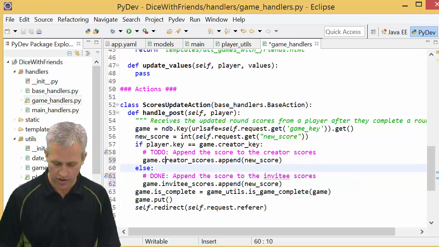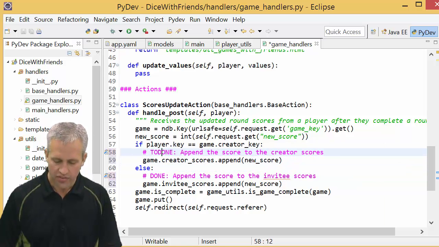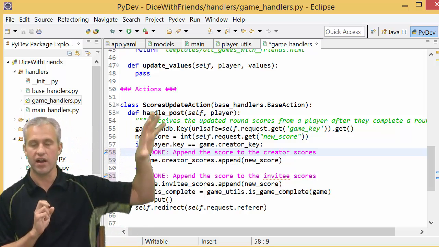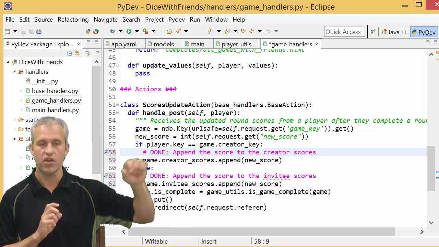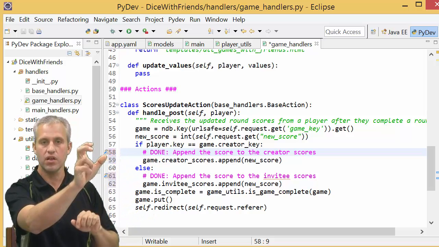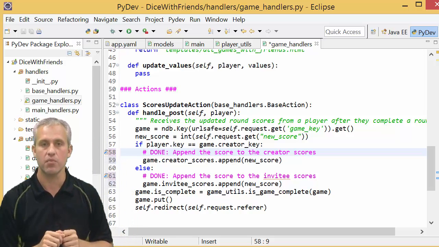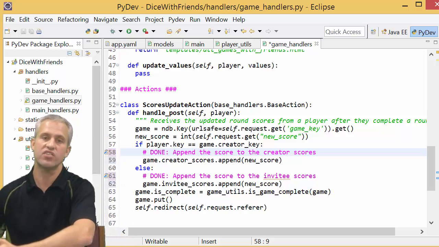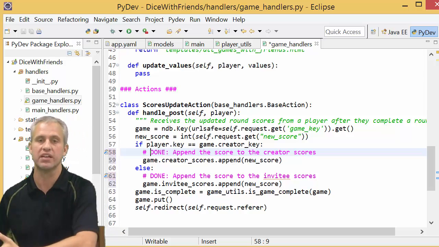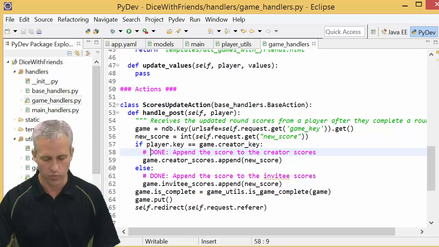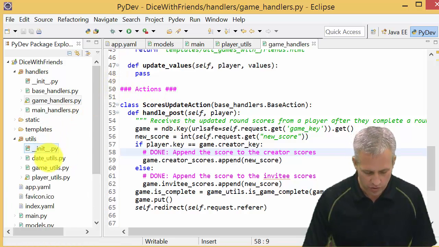So those two are done. Then the next one is kind of the most interesting. So we've done the design of the data models themselves. We've done inserting a game. We've done inserting a player. We've done adding a score to the game. The next thing we want to do is getting stuff out, right? So we want to be able to get these things out of the data store. So there's a couple queries we're going to write as well. They're going to be over in utils,